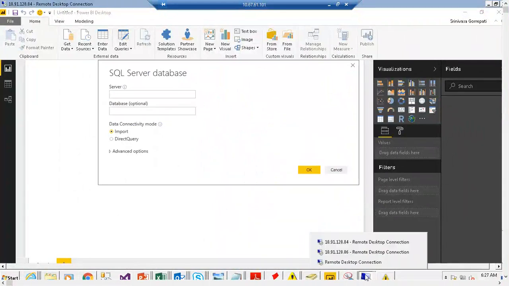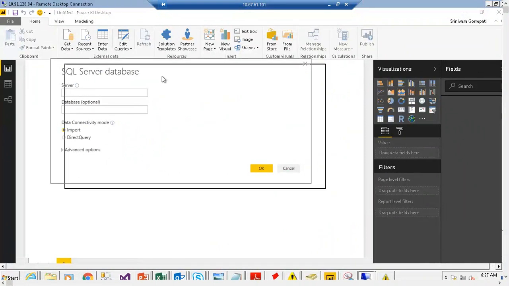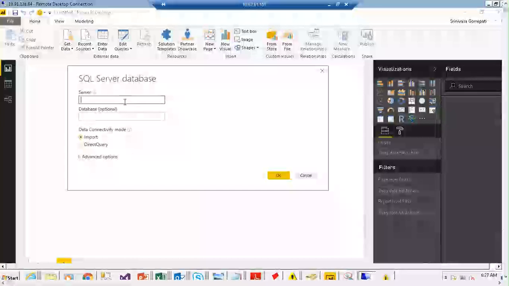As we used to work with Azure, I'm just showcasing Azure. The same options will be there for SQL Server also. You can see the SQL Server database option, and I'm selecting Azure, so we are going with this one. The server name,